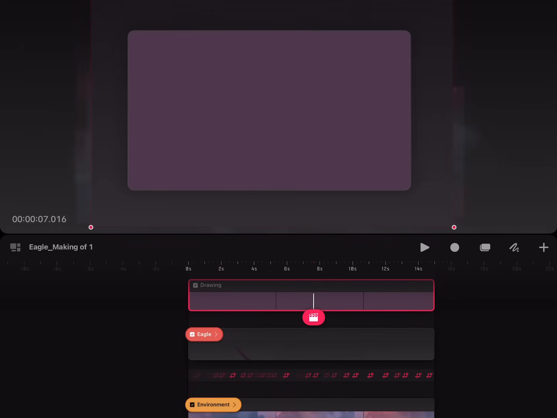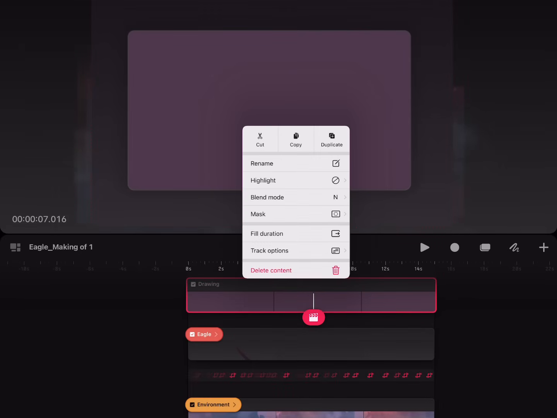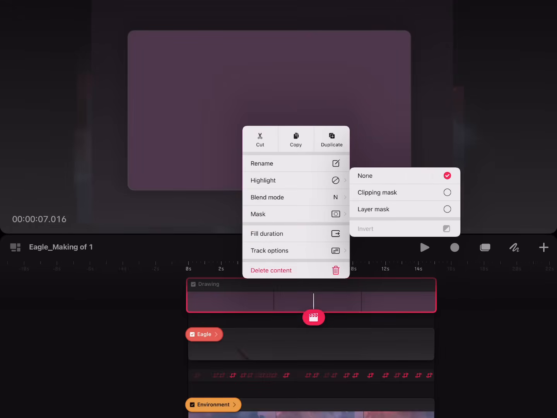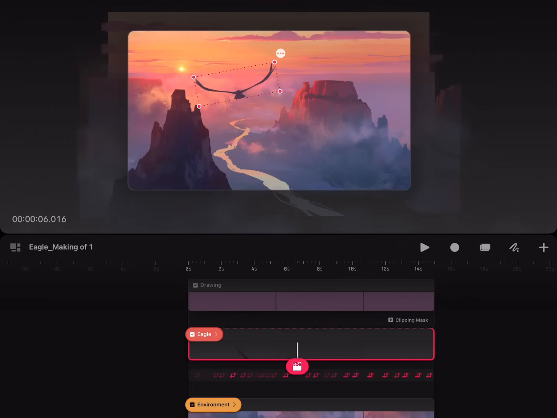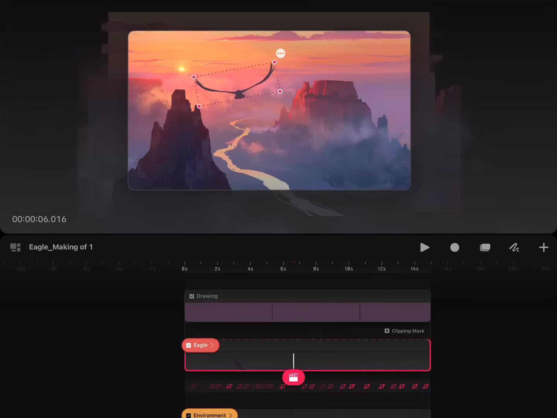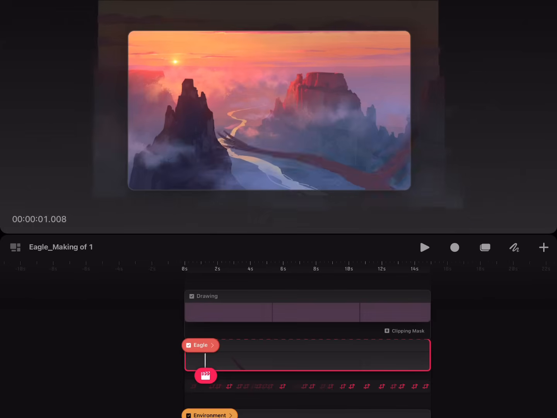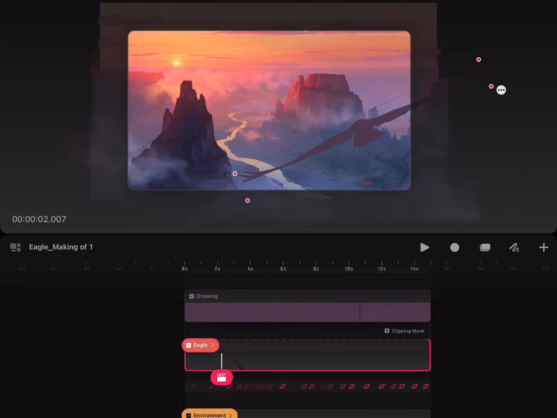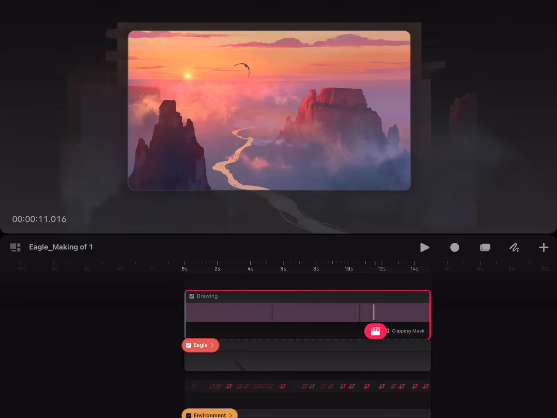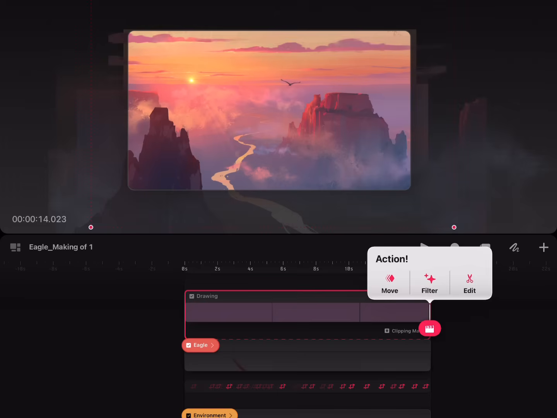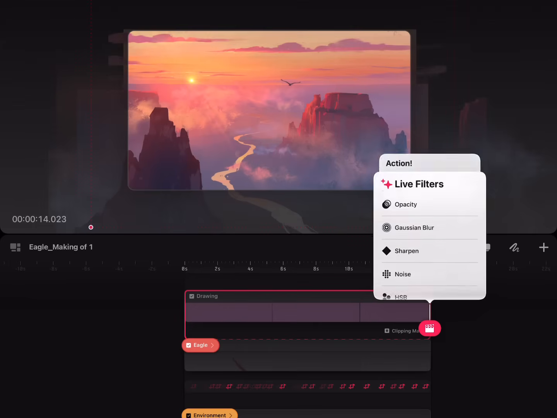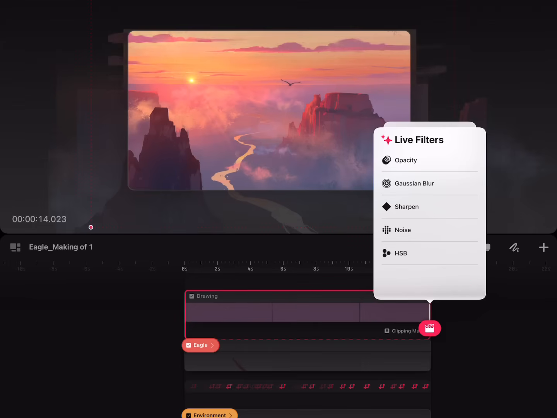And then I want to clip mask this to the bird. So long hold, mask, and then clip mask. Then it clip masks to whatever is right underneath in the timeline here. So you see now the bird is faded out. So we need to animate. We want it to be 100% here. So I'm gonna just set a filter keyframe on opacity,